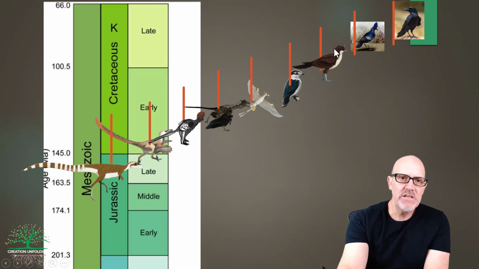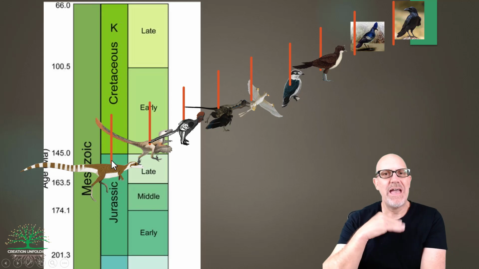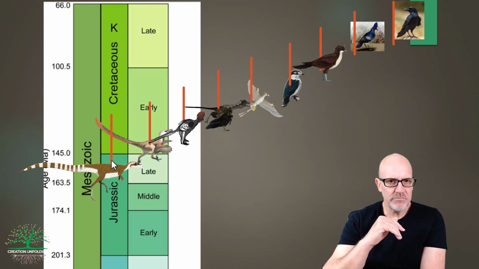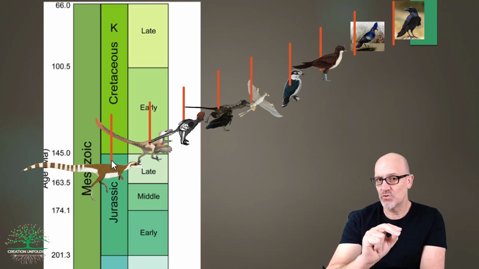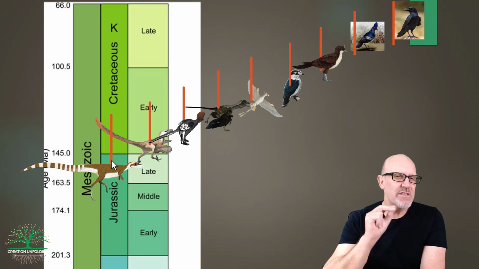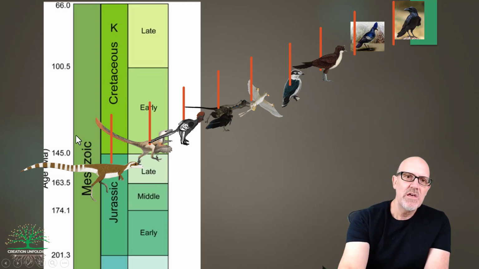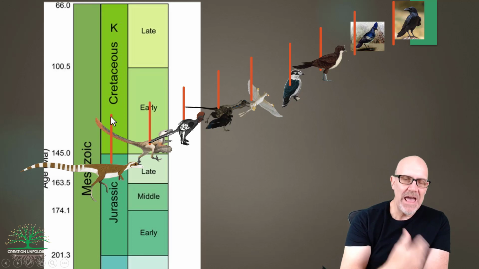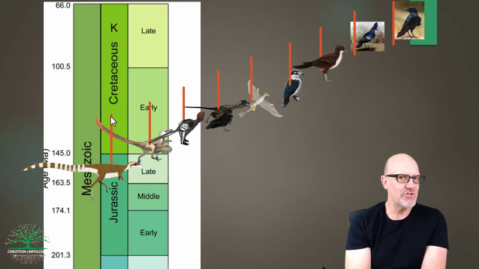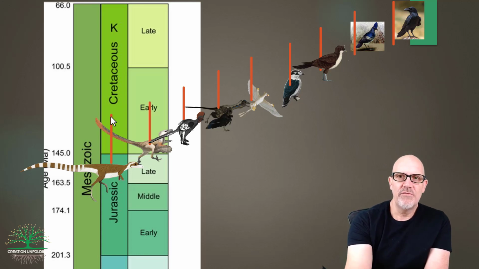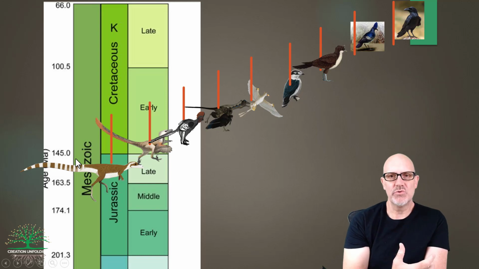Now, the red lines here represent the range. In other words, how long the organism has lived. The bottom of the red line is the most important piece of information here. It has to do with when that particular organism evolved, when it comes onto the scene, or at least when we find it in the fossil record. Okay, and so that's the most important piece of information. The range, although it has some interesting pieces of information in it, we're not going to take much notice of that. So I've given here an ideal fossil sequence.